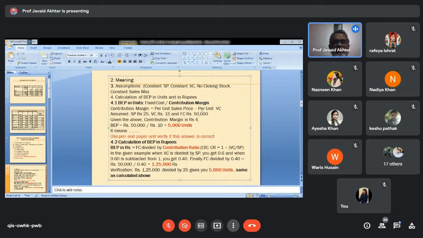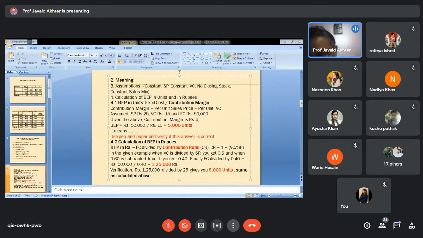Graph offers you several advantages. You can see the loss zone, you can see the profit zone, and there are several other things which you can do. I need not explain to you what are the advantages of showing something using a graph. A lot of decisions can be taken merely on the basis of a perusal of graph. So you can calculate break-even using these three methods. If you have anything to ask at this stage, go ahead.